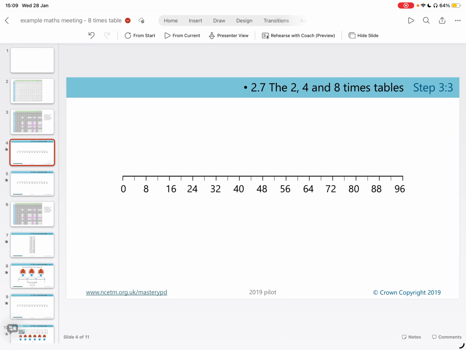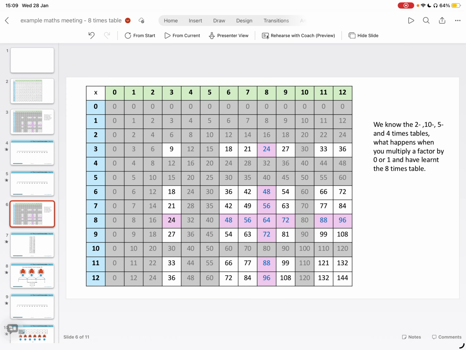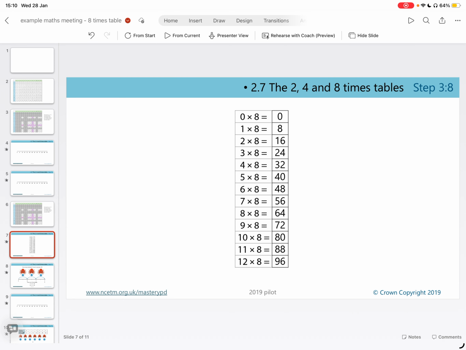I replicated that slide because I thought I wanted to do it more than once. So we did that again. We counted up and back through the times table. Then I showed them this image again to illustrate the facts that we know already and the ones that we need to know. Because then on this